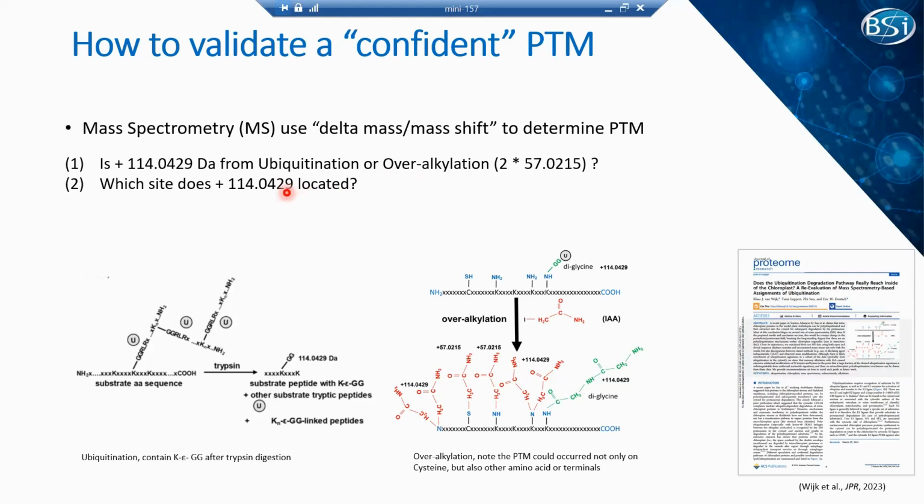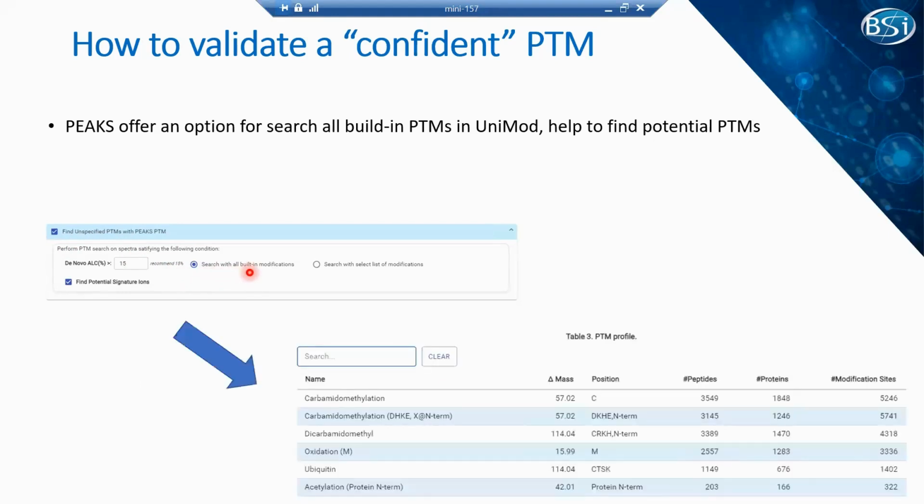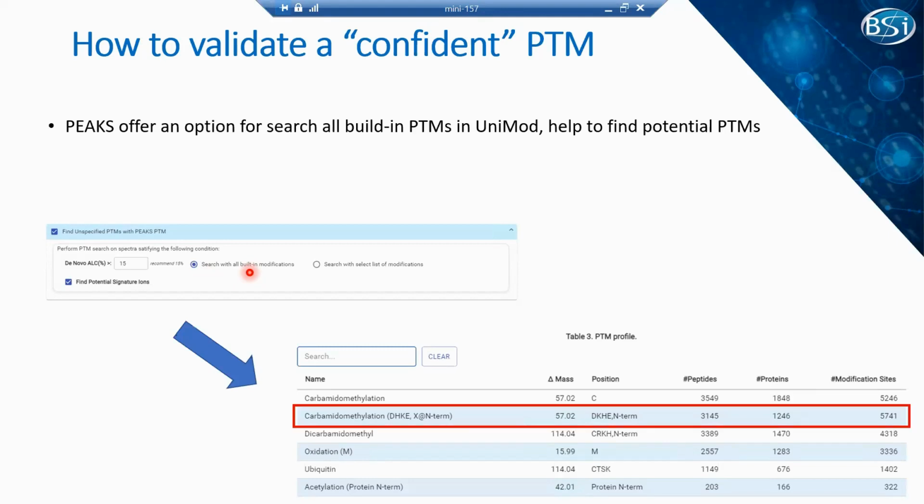To answer the first question, in PEAKS PTM, we have a function that can search all built-in modifications. When we say all built-in modifications, that means the modifications in UniProt. We download the most common PTMs in UniProt to help you see if there are some unwanted modifications in the data set. So after this search, we found that besides the normal